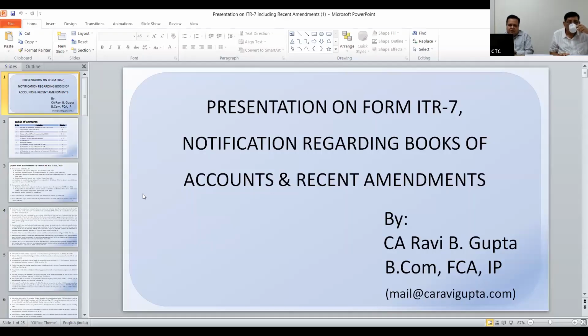So first and foremost, according to me, ITR 7 is a result. Now the ITR 7 which we have recently got from the Income Tax Department is a result of all the recent circulars, all the amendments in the budgets of Finance Act 2020, 21, 22, notifications, circulars from time to time. Incorporations of all those effects are in this ITR 7. So that is why, first of all, I would like to just run through the amendments which have been made in the last 3 years, basically. Finance Act 2020, Finance Act 2021 and 22.